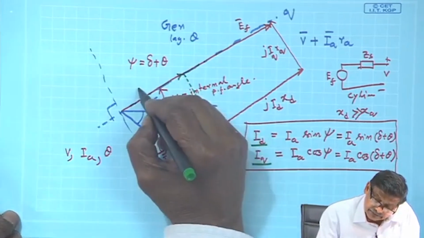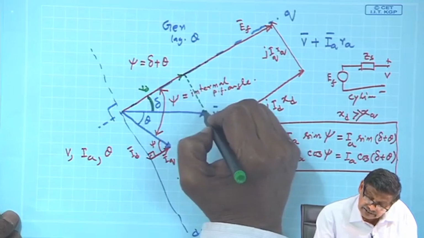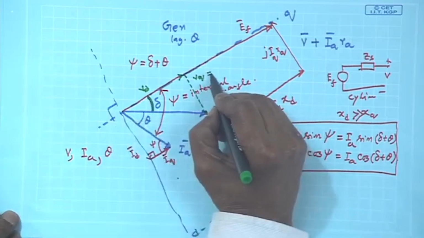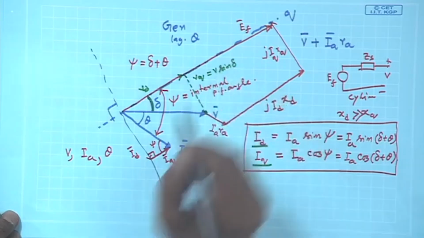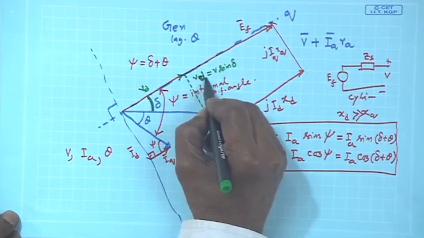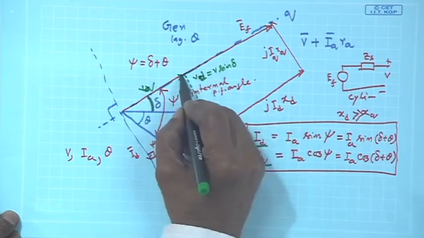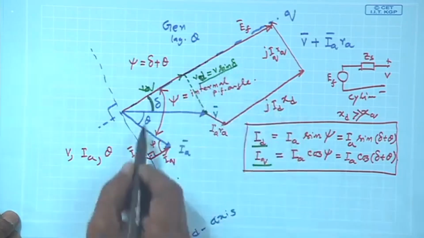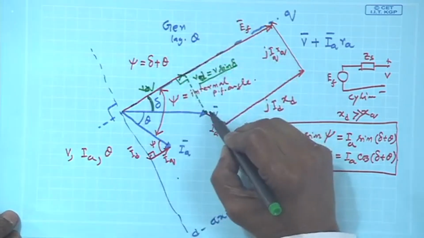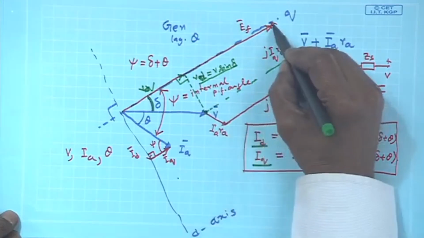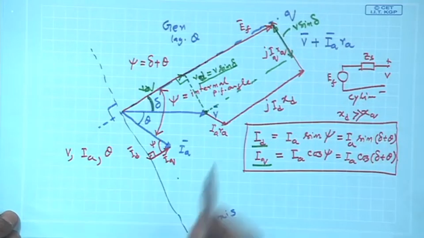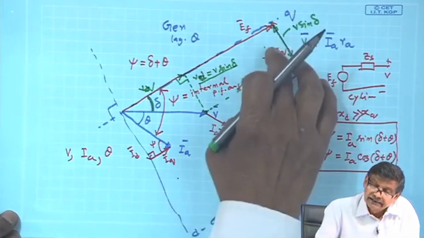Then I will say this is V D and this length is V Q. I am sorry, this is V D and this is V Q. So, V D is V into sin delta, from this right angle triangle, and this V sin delta, if you drop a line, is this length. Is that clear? So, V sin delta is this length,